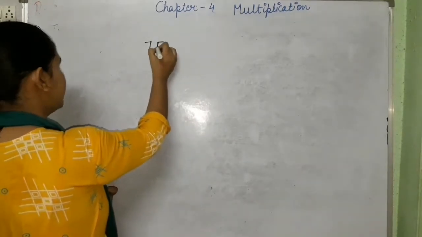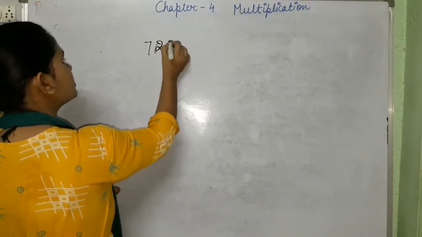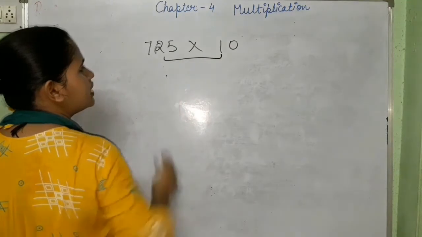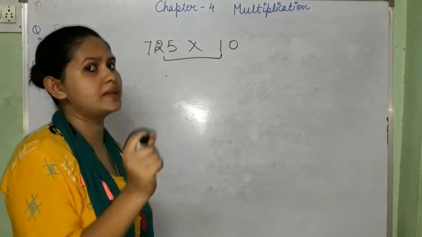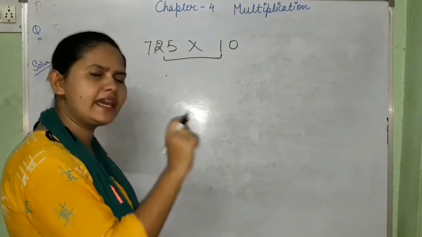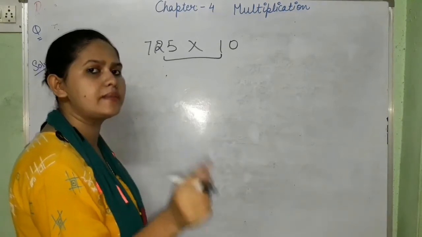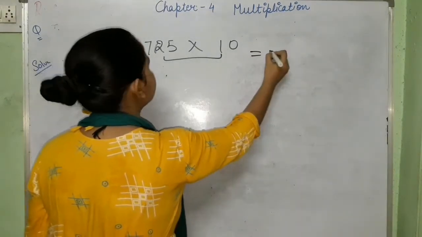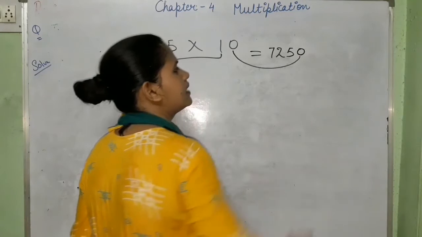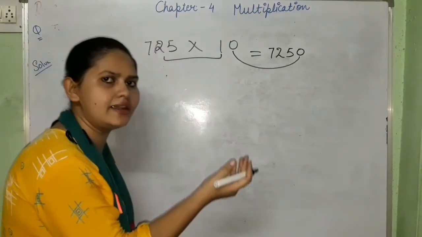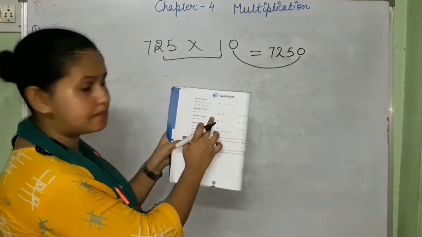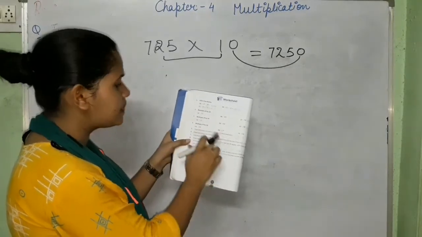As simple, we have to multiply. Okay? I'm not taking 0. I'm only taking 1. And if you remember, I have given 1 point to you to remember, right? That whenever we multiply by 1 any digit, any 3 digit, 2 digit, 4 digit, the answer remains the same. So 225 will remain the same and 0 goes here. And the answer is 7250. Right? In this way we have done our first fill in the blanks and then multiply all by 10 and then you have to do 40.